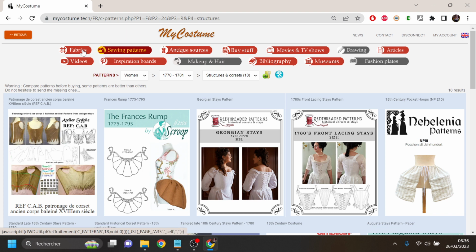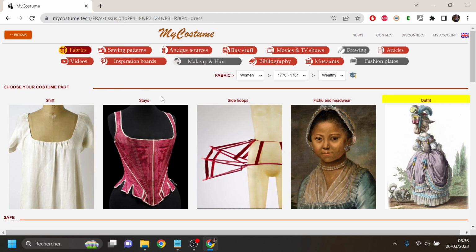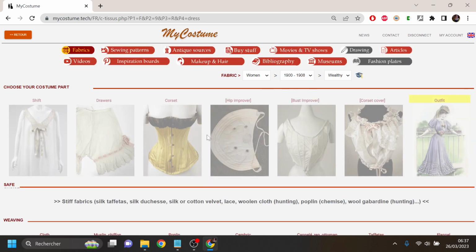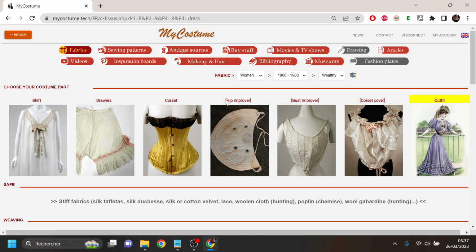And I finish with my favorite page. It's the one that has been so difficult for me to make, because there is so many informations. Here it's really easy. It's all about the fabrics. Here you have all the pieces that you need to make your costume. For example, I am just going to change the period. Here you can see, because of this, it means that it's not mandatory. These three pieces, you don't really need them if you want to make